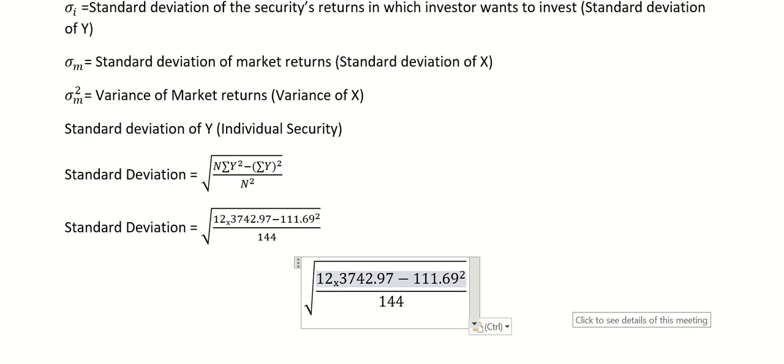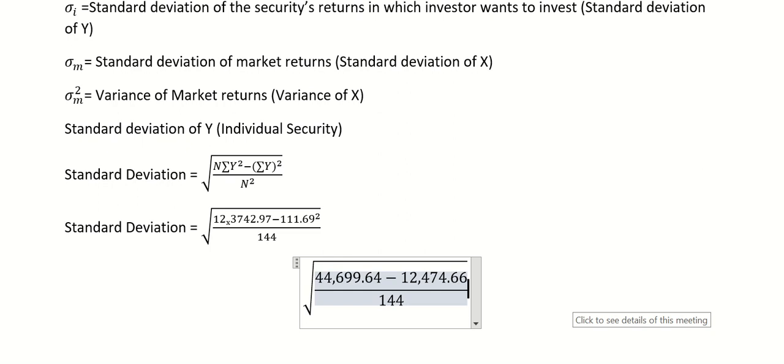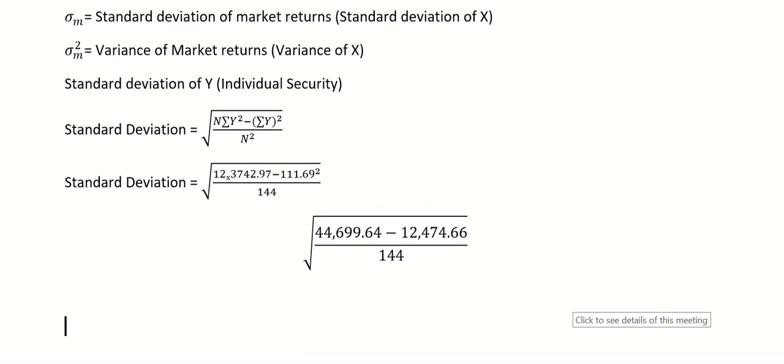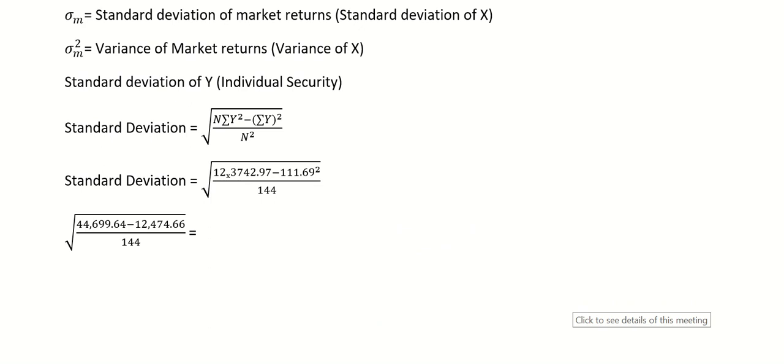So 12 into 3724 is 44,699.64, minus 111.69 square is 12,474.66, divided by 144, and once we solve it, the value which we obtain is after finding the square root. Okay, so the value which we obtain is